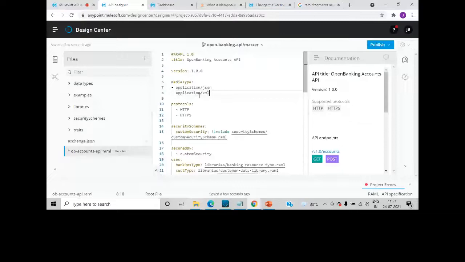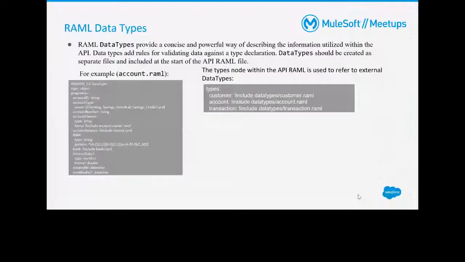So, RAML data type. What is the RAML data type? Generally, the RAML data type is one of the very powerful ways of describing the information utilized within the API. So basically, what does this mean? Each request and response has some format, like it has fields,